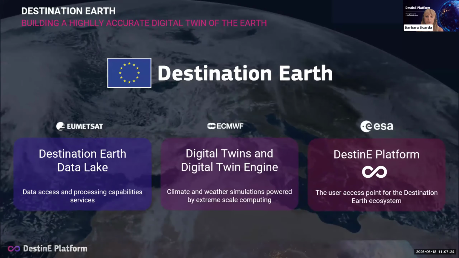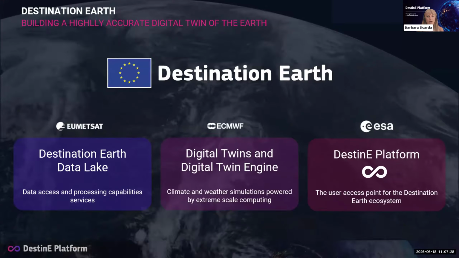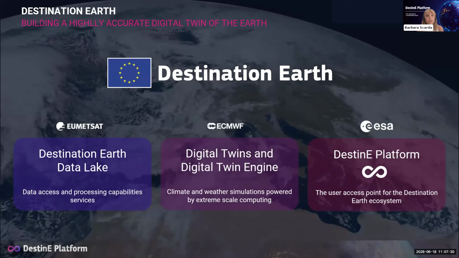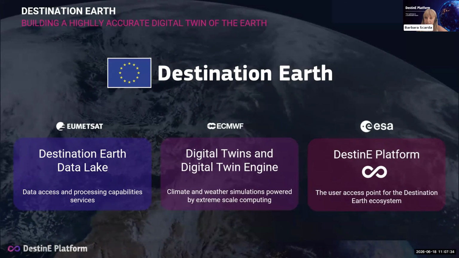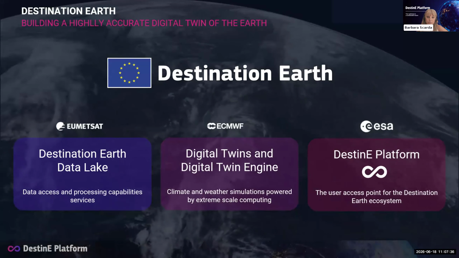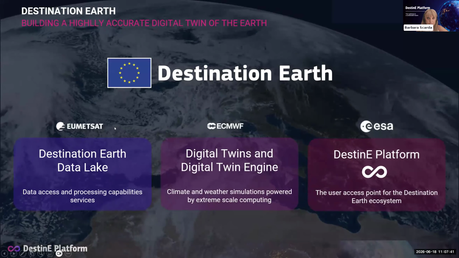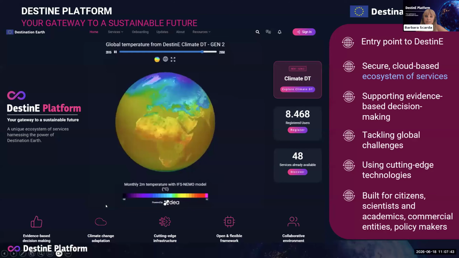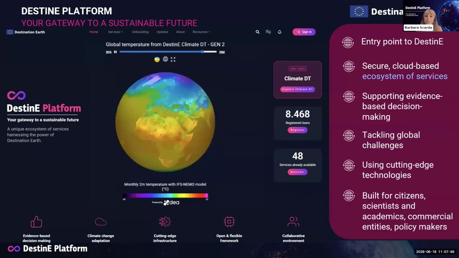So the Destination Earth initiative of the European Commission is set to develop a digital replica of the Earth, and it has three core components which are being developed by three entrusted entities. Now, the platform is one of these components, and it's implemented by the European Space Agency. The platform is in fact the entry point to DestinE.